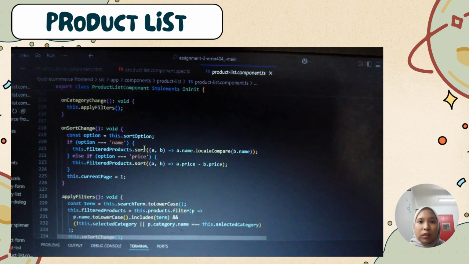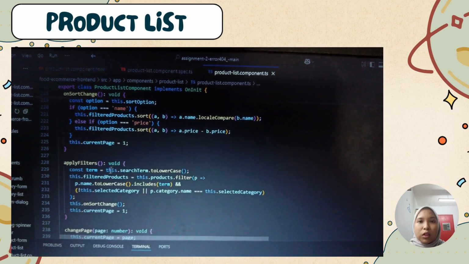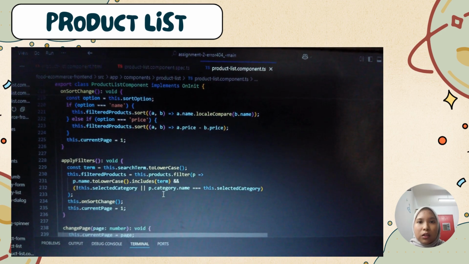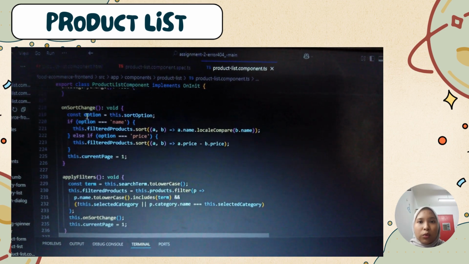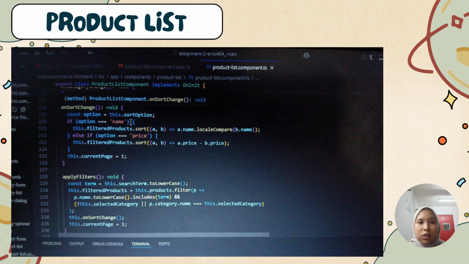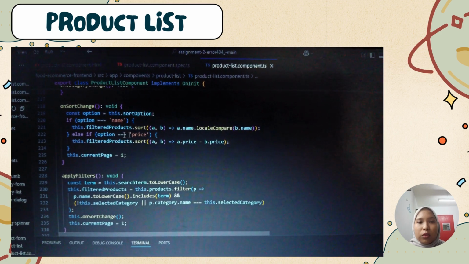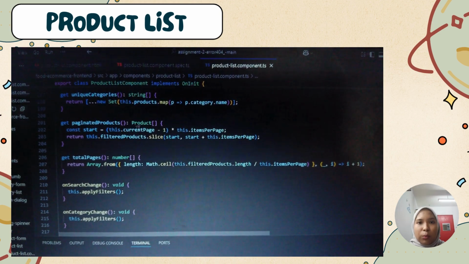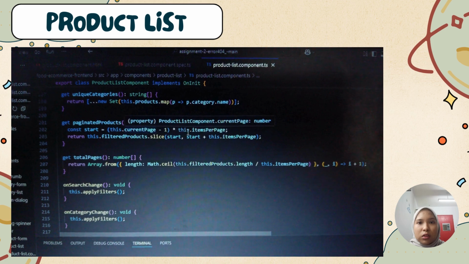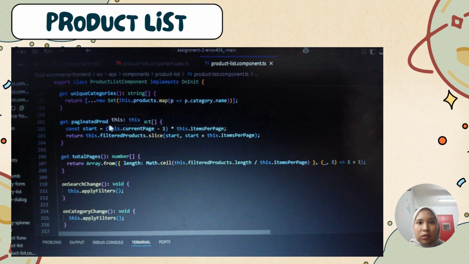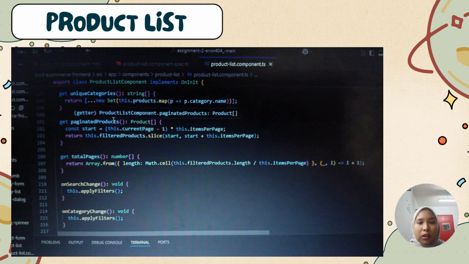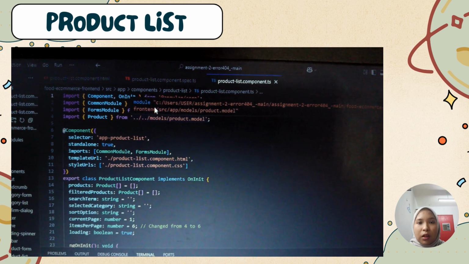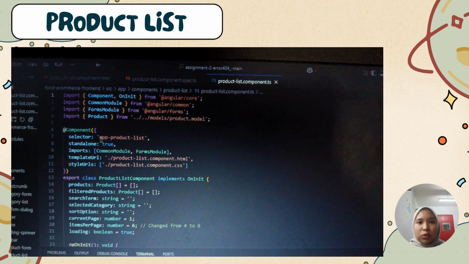And we also have filtering. I create a function filter products that filters based on both the search term and the selected category. It's triggered whenever the user types or changes a filter. And we also have sorting. I also add a sort by property and a sort products function to let users sort by name or price. And for pagination, to improve performance, I use current page, items per page, and get paginated products to slice the